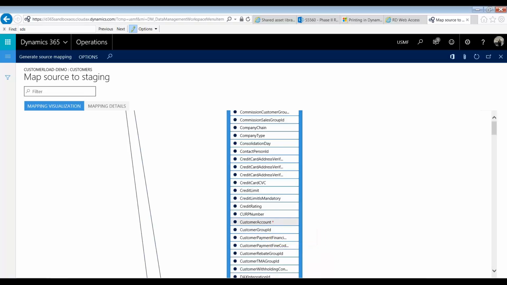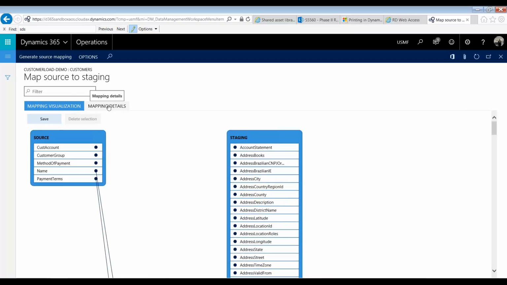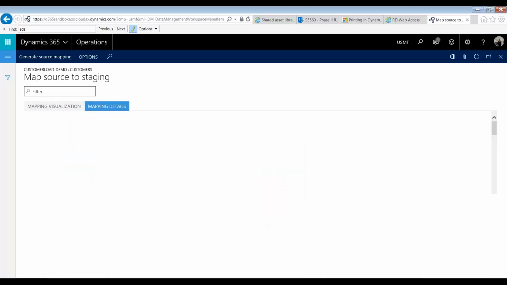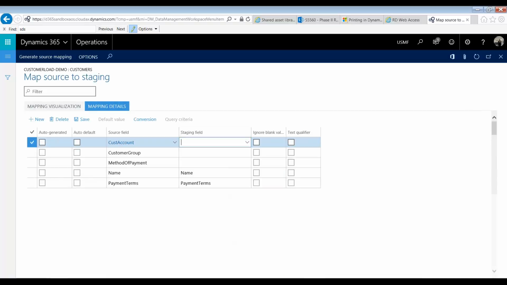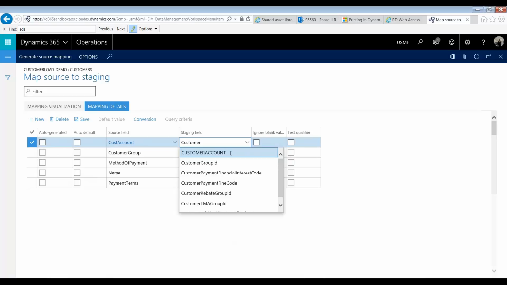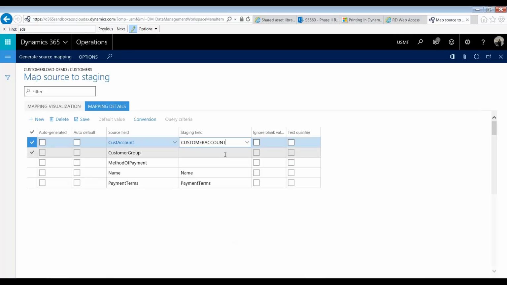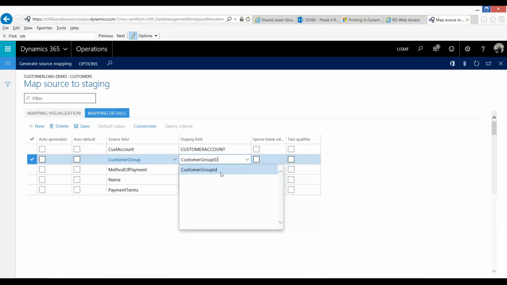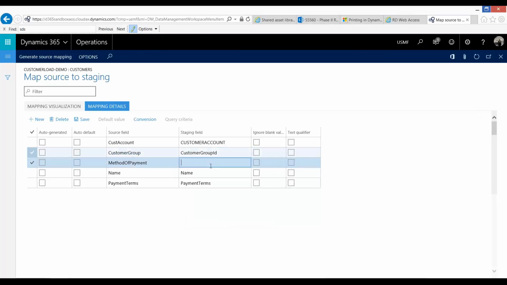So as you see here, we have customer account. Now, if you want to fix this on the fly, you can click this mapping details, and you can then type in the actual field that it should have been. So this was customer, and if I hit this down, you see, oh, customer account. Beautiful. All right, in my customer group, I believe this was customer group ID, and indeed it was. And for method of payment,